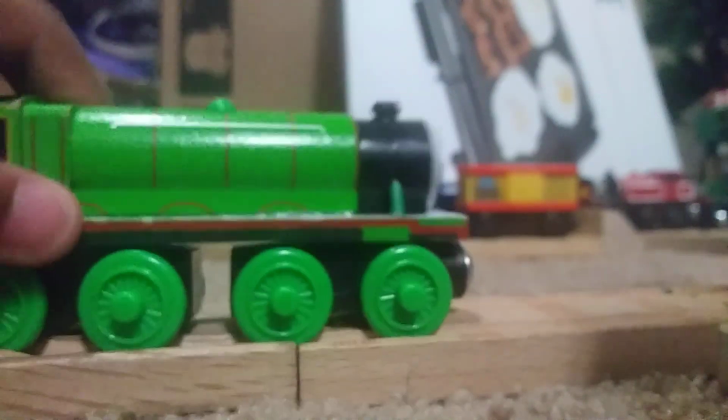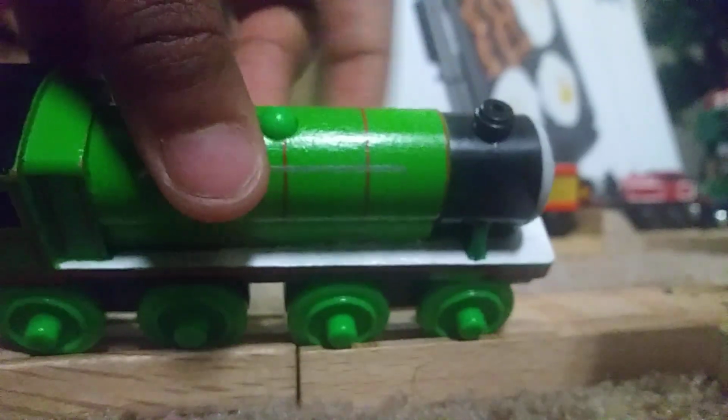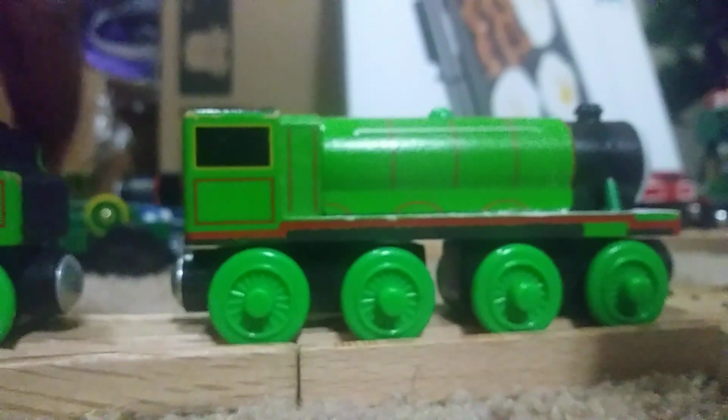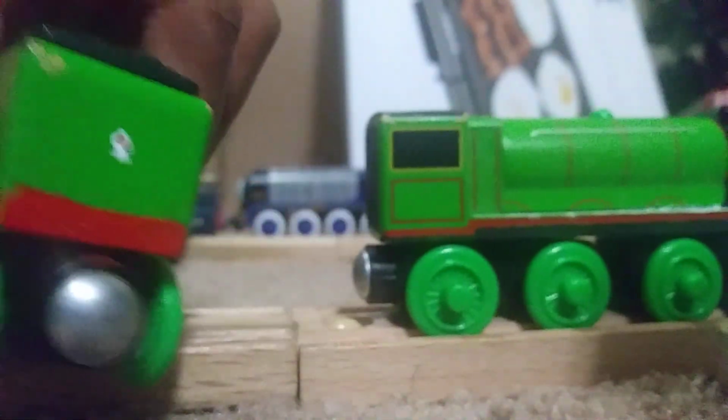But I painted the running board. I painted the part that's supposed to look like his chassis, and I painted the buffer beams red. Inside of the tender and inside of the cab, black. Gave him a rear buffer beam and a rear lamp, or a tail lamp. Now on to